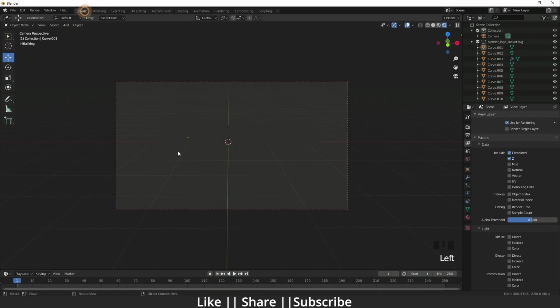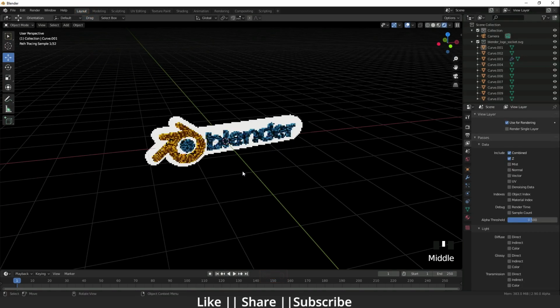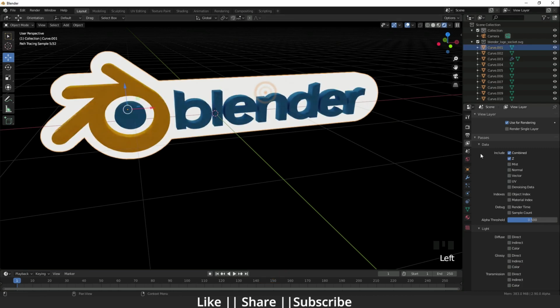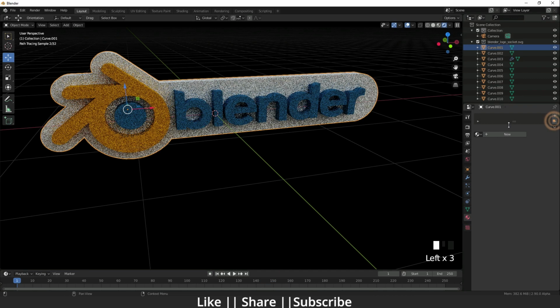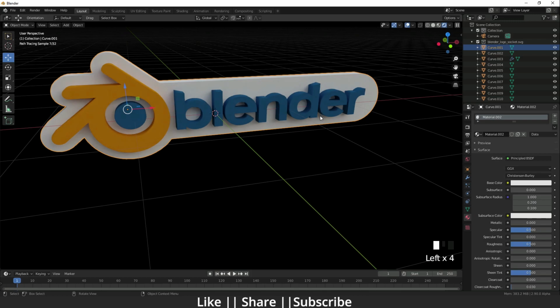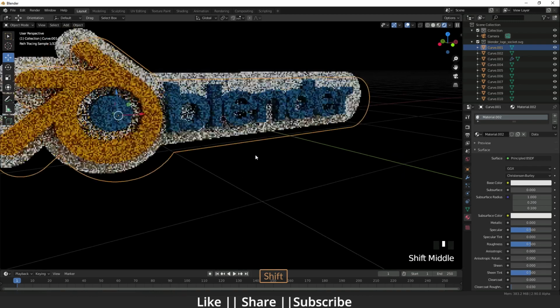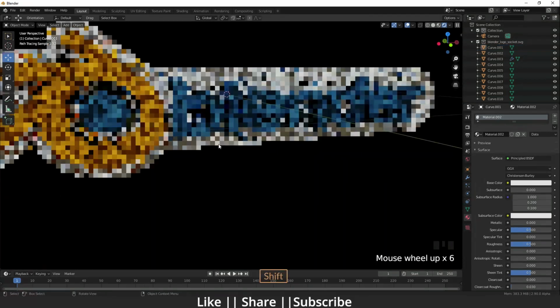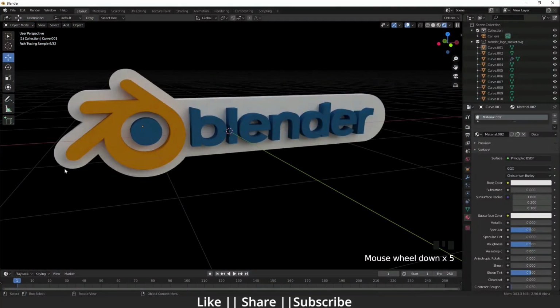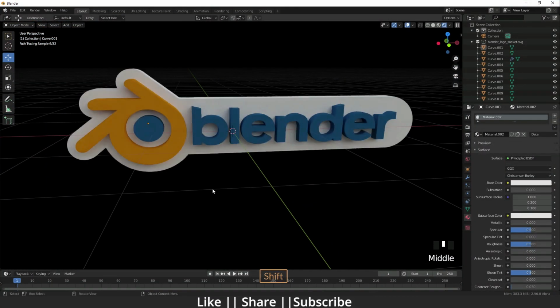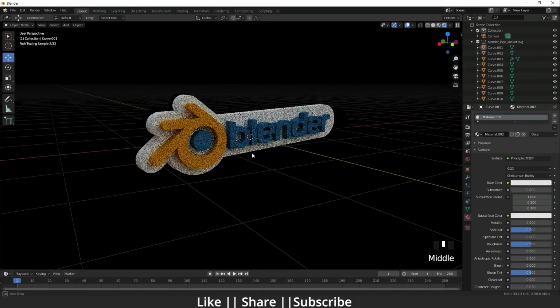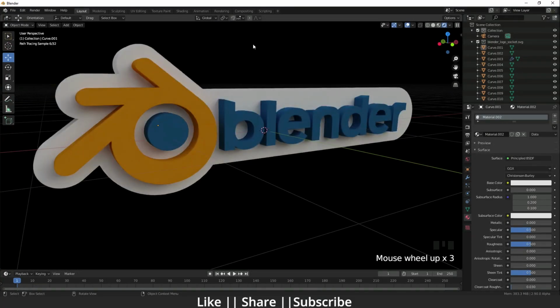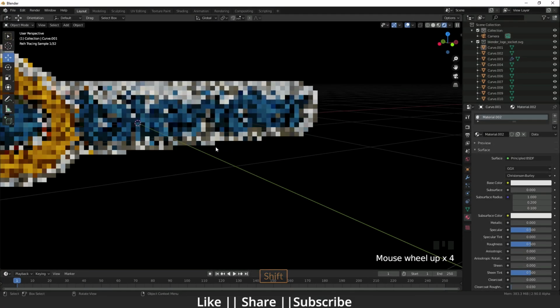Okay guys, so here you can see. Right now I'm not adding any glow, because we don't need it. I'm just keeping the normal material on that logo. So you can see how easily we can convert the 2D image into 3D. It's a very easy format, and you can see how cool that logo is looking.